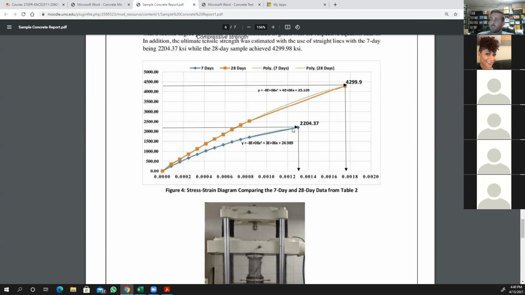is manually determined from the graph, because the graph cannot be constructed without having these data points, but you use the forecast method. So this graph automatically calculates and forecasts where the strain will be at 2200 psi, for example. In this case, I believe it's 2200 psi. And for 28 days, it's around 4300 psi, 4299. And again, manually, I draw a straight line corresponding to 4299 psi. If you draw a straight line vertical, 90 degrees to the x-axis, you can read the strain value. And if you get the strain value 0.018, you can go back to your report,